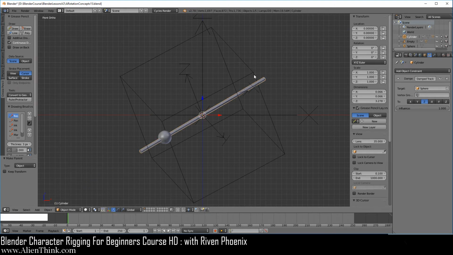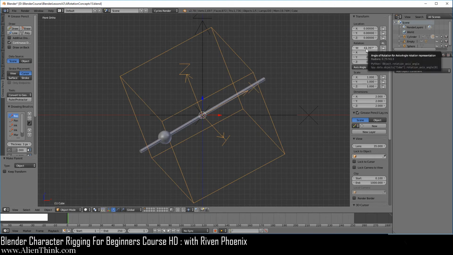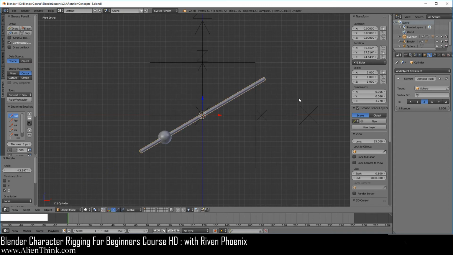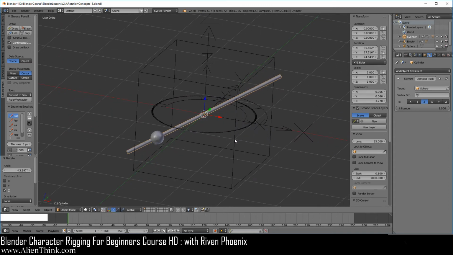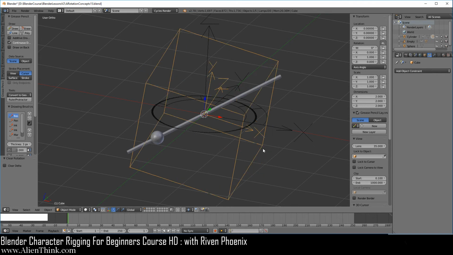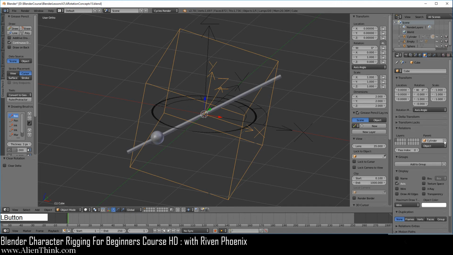So now if we click on this cube and take a look at these numbers, 43.397, click on it, press the R key, press the Z key 2 times, and here in my case, because that's my rotation, I'm going to type in 43.397. I'm going to type in minus and enter. Notice that the object went back to its original starting rotation. That's the idea behind this. Okay, this is how this works. So here I'm going to go ahead and do Alt R to reset the rotation and just remove the parent-child relationship.